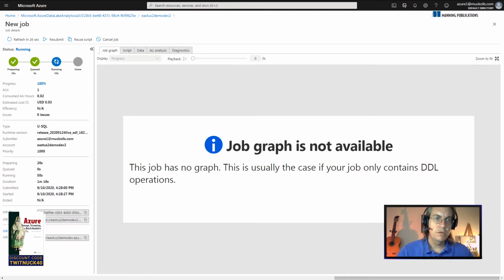As you can see, we have an update of how the job is processing here. We spent 26 seconds prepping, which was reviewing the U-SQL code for errors, doing a compile, checking for compile time errors, and then submitting that job to